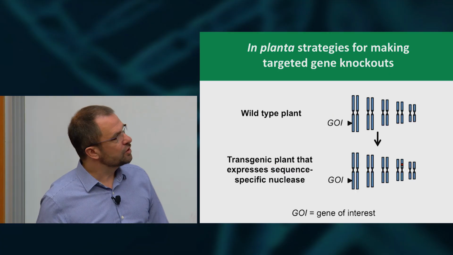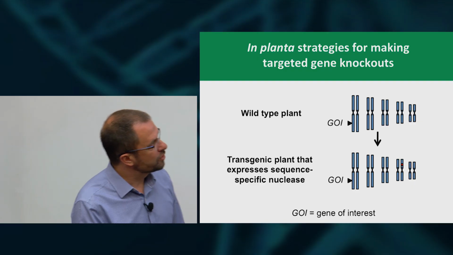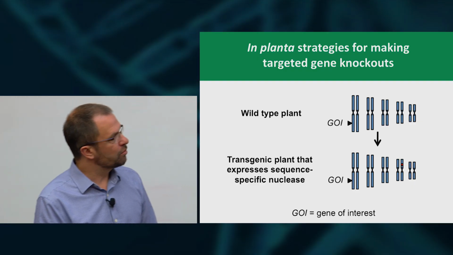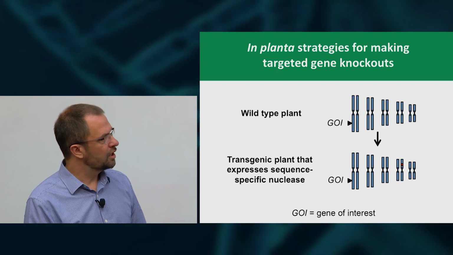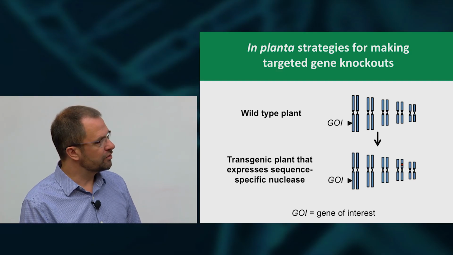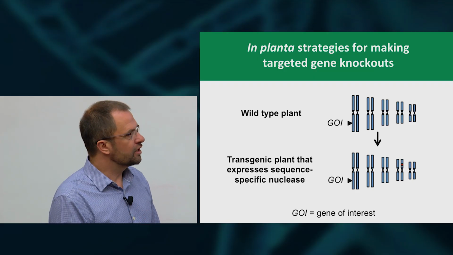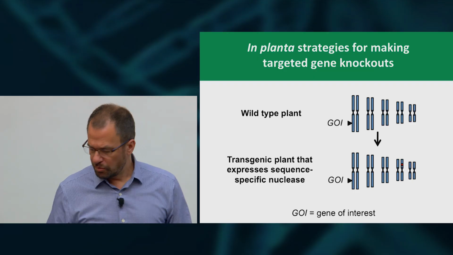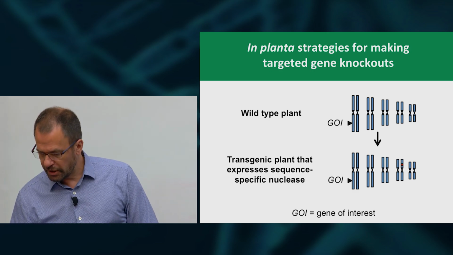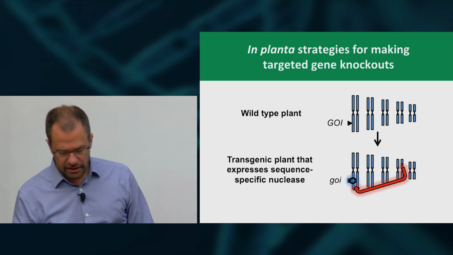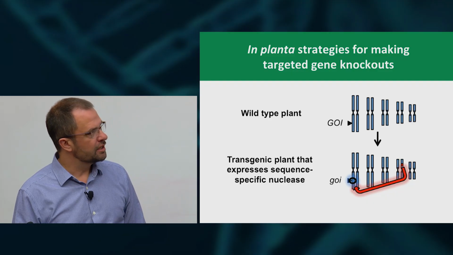The way we typically mutagenize plants is to create a transgenic intermediate. This represents the genome of a plant we want to modify, and we insert at some random site in that genome a nuclease, a CRISPR-Cas reagent, for example. We deliver these reagents by a variety of means. But as those transfected, or transformed, as we refer to them in plants, cells grow and divide, that nuclease is expressed. It knocks out our gene.